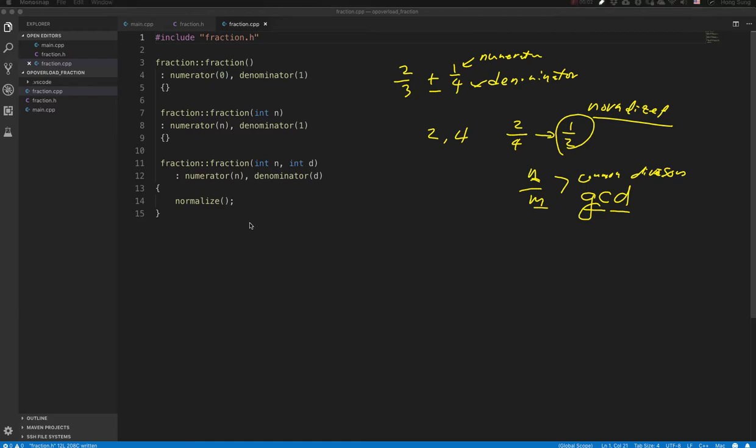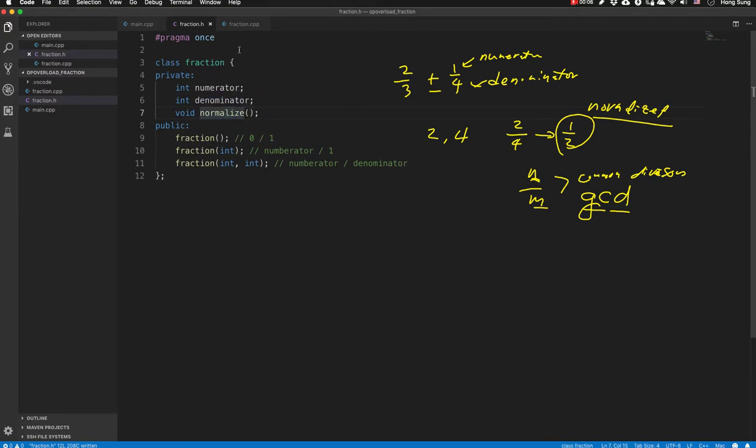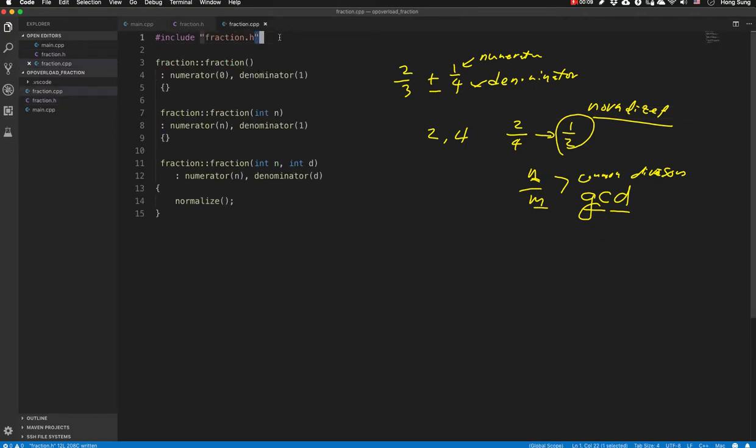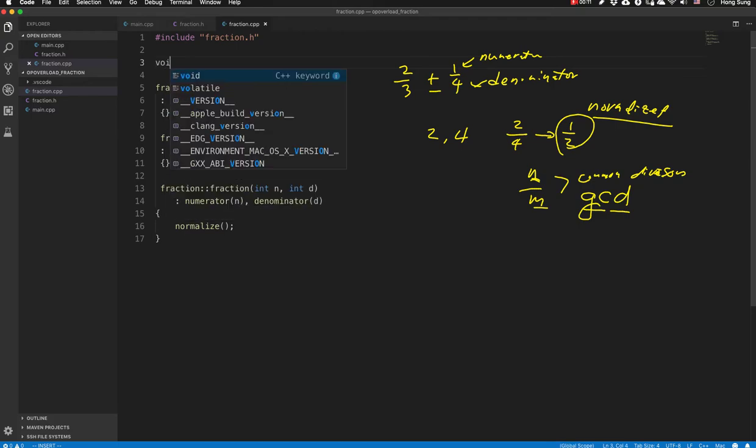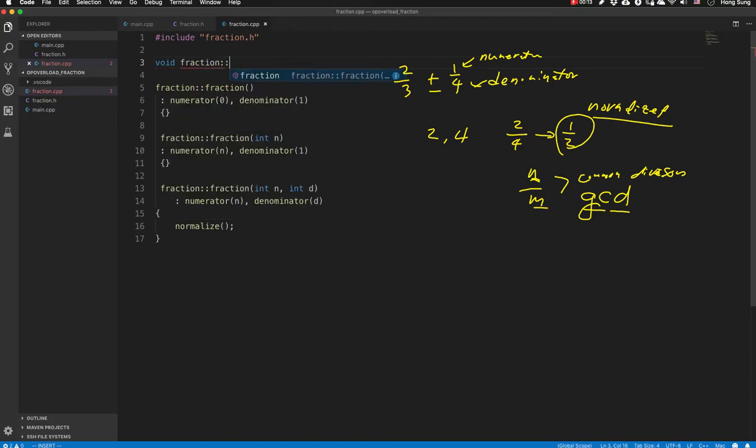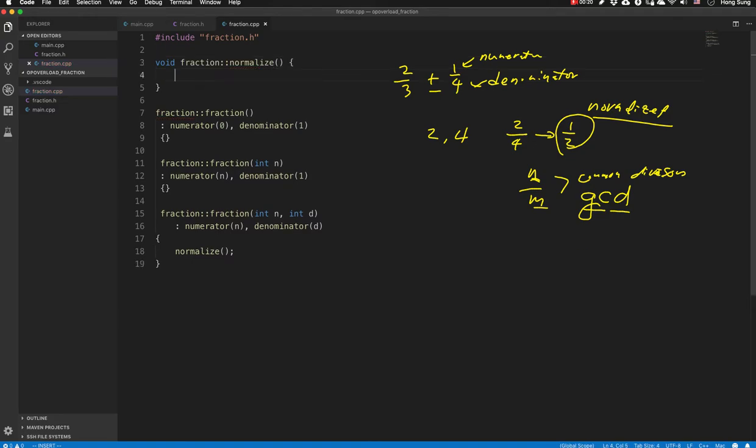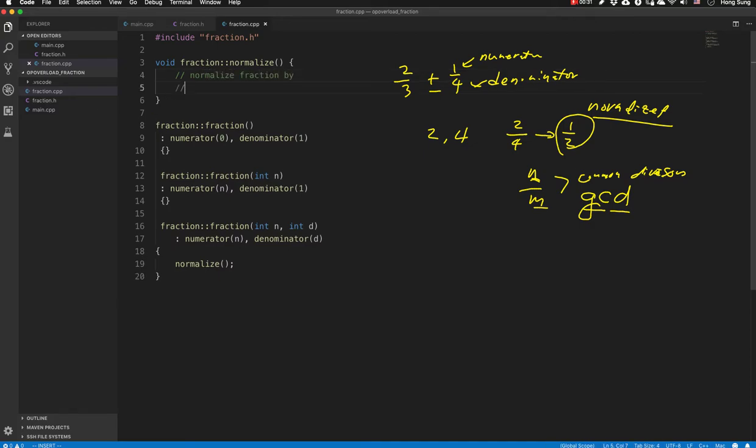So let's begin implementing the normalize function. We have defined the prototype already, so let's put it on the very top: void fraction normalize, given numerator and denominator. So here in normalize, what you want to do is as follows. Normalize means fraction, by first removing